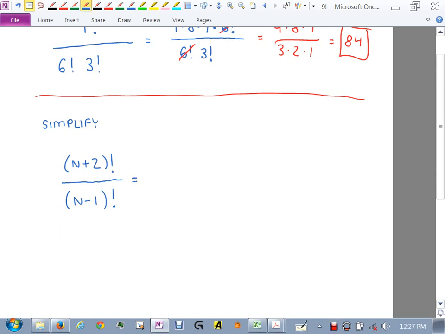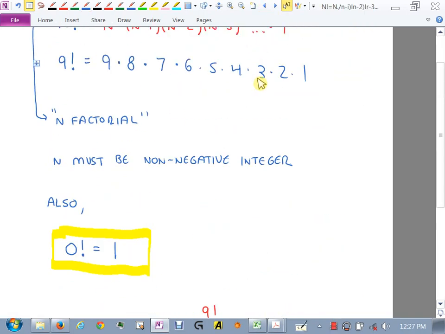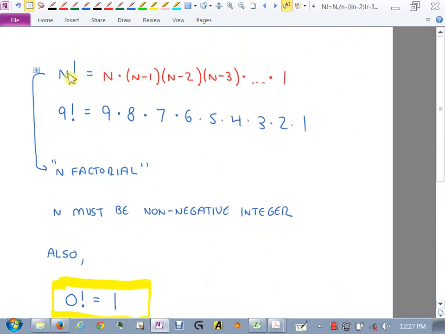You don't know what n is. No one's going to give you n. I think you're on the right track. Hold on. What was the definition of n factorial? Whatever's here, right? Whatever the factorial is on, you start with that. Then you multiply by whatever was there, take away 1. Whatever was there, take away 2. Whatever was there, take away 3, right? Yes?